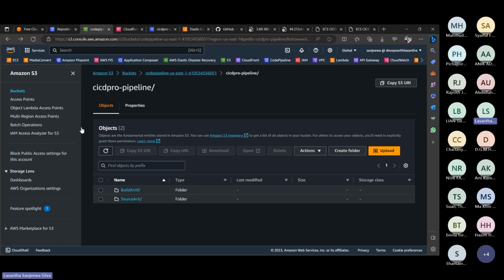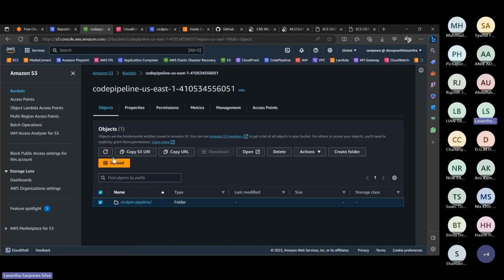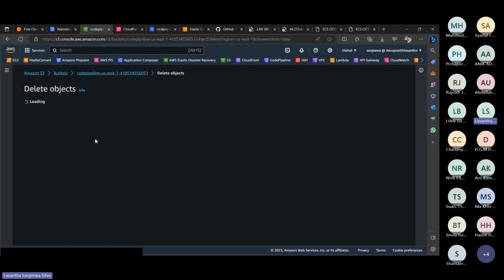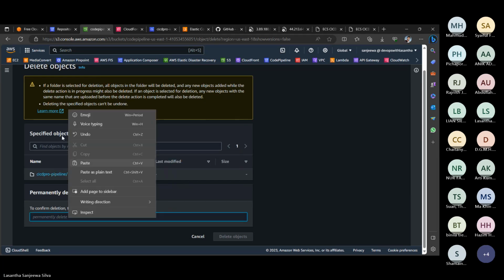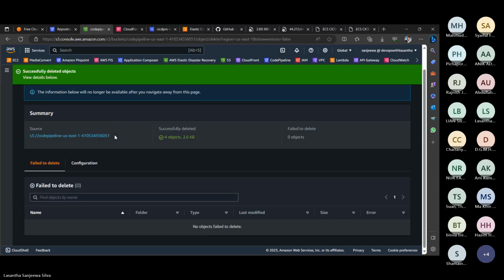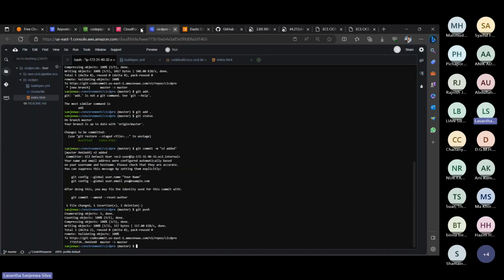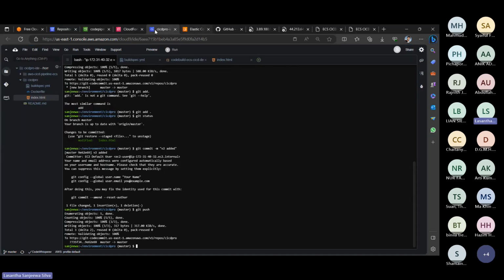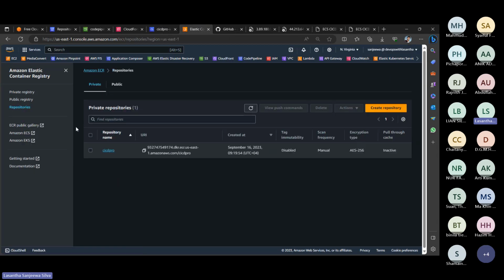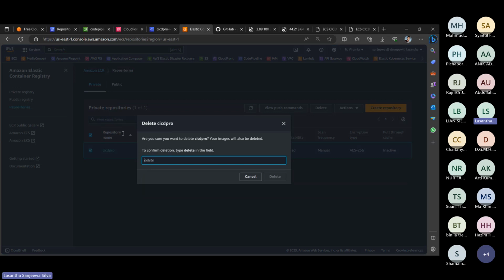Another thing, we need to go there and delete this artifact. These are no longer needed, but meantime I will delete it. Okay, now this one is also deleted. Next thing is we need to delete this Cloud9 IDE, because Cloud9 is an online based IDE. Now we don't need it. Okay, and firstly delete this repository. Here is the repository also, delete it